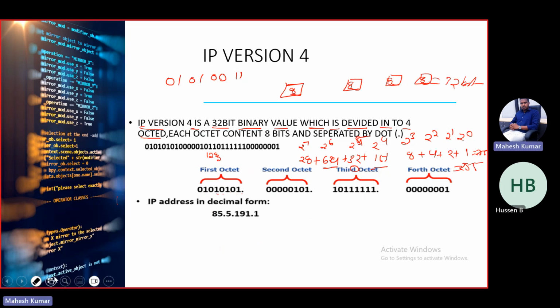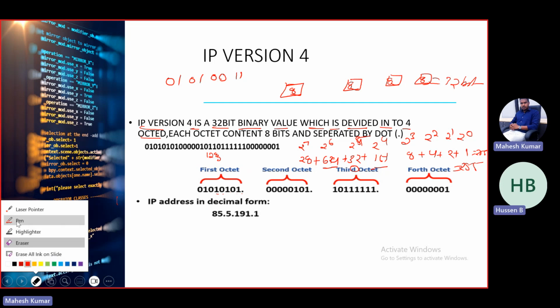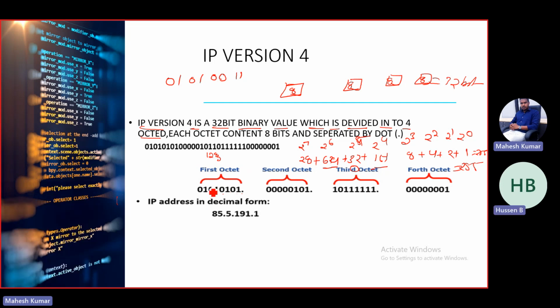If the bit is zero, it means off; one means on. Whenever you find a zero, you can consider it off, so there is no need to calculate. 128 is a zero, plus 64, plus 0, 64. 32 is a